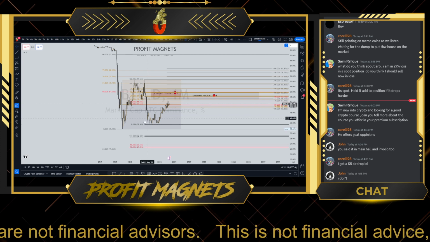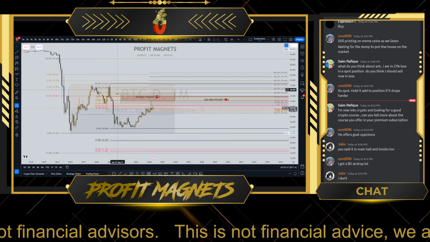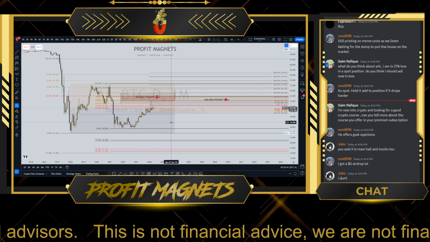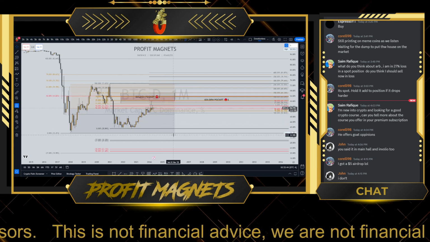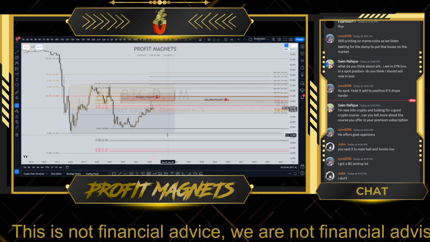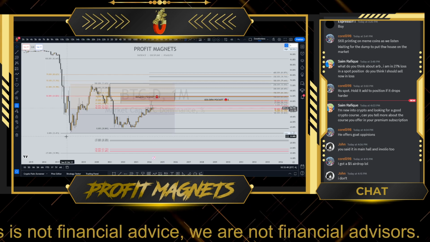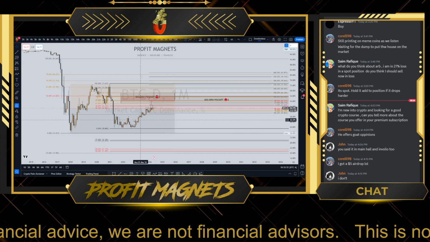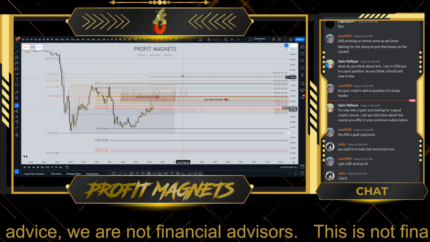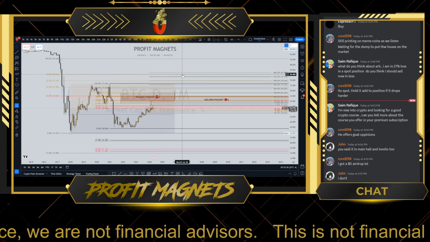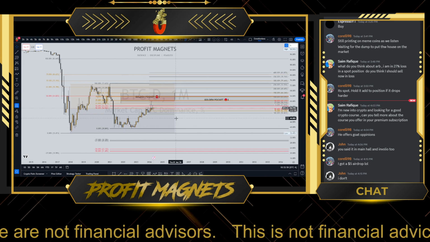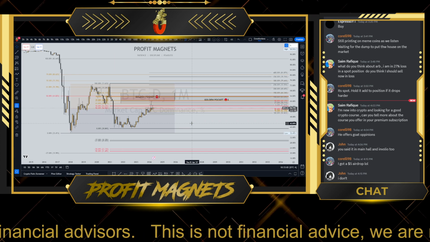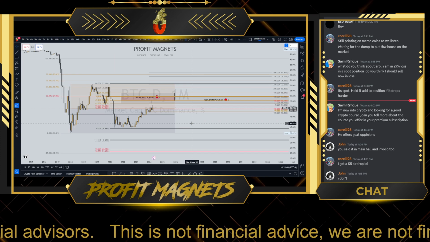Anyway, in terms of ranges, we've taken out the highs, potentially retracing inside of this golden pocket right here. We will then potentially see afterwards a dump to the lows. That could be the Altseason. Take out these lows right here, reclaim inside of the Fibonacci range, and then push to the upside again. That could be the end of the Altseason. So again, there's a reason why I mentioned positioning is going to be key this time around.